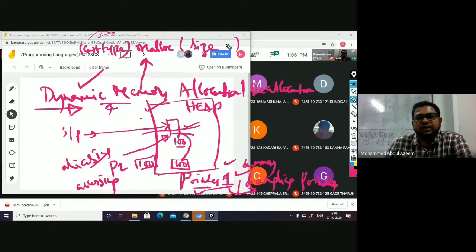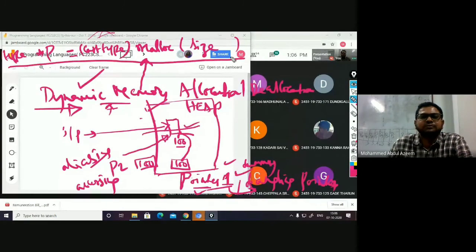Then when it returns, you will be holding it in some pointer, and it must be of some data type. Fine, so this is the general syntax of malloc.